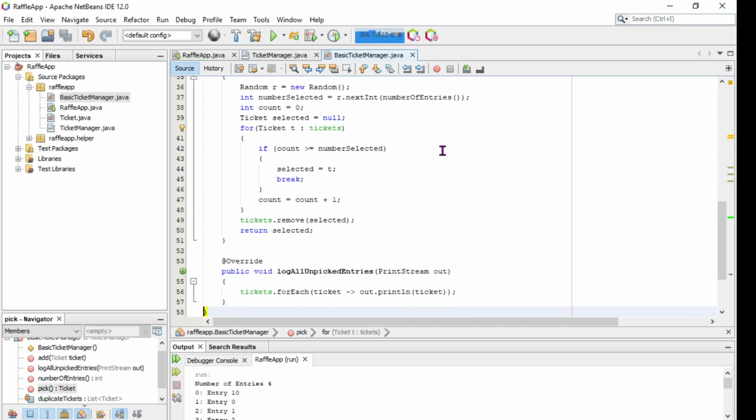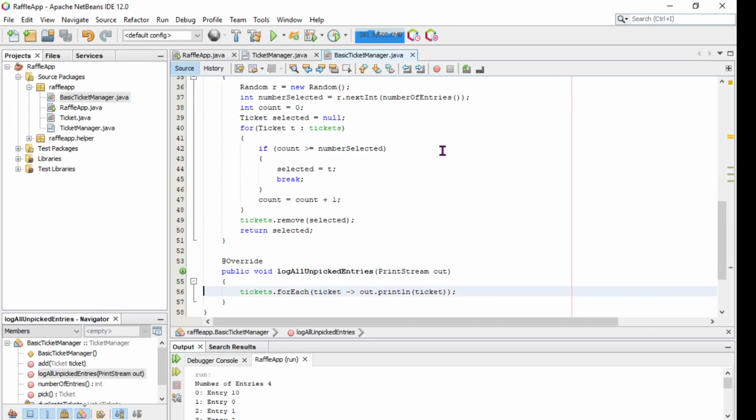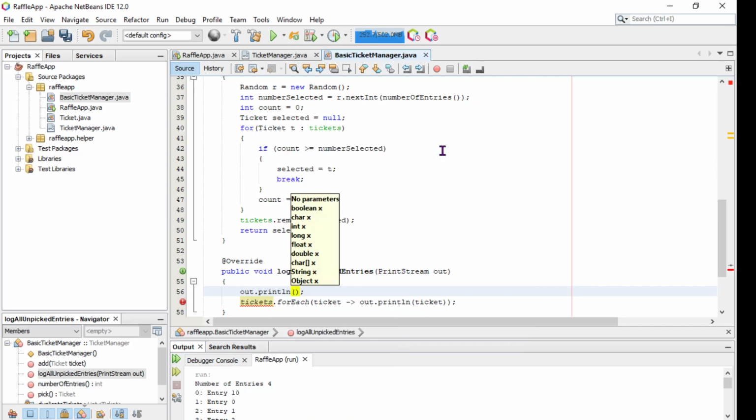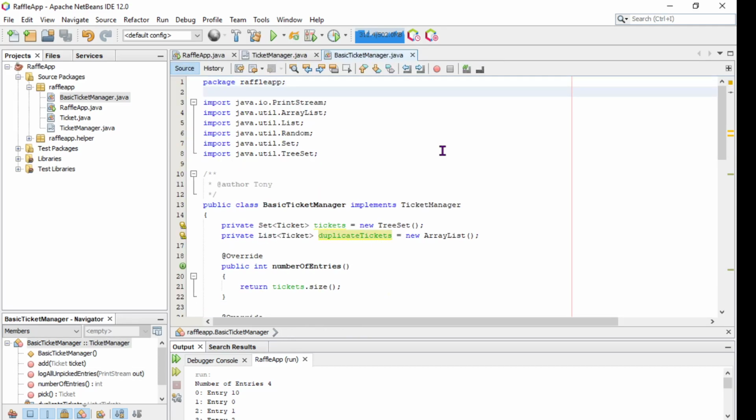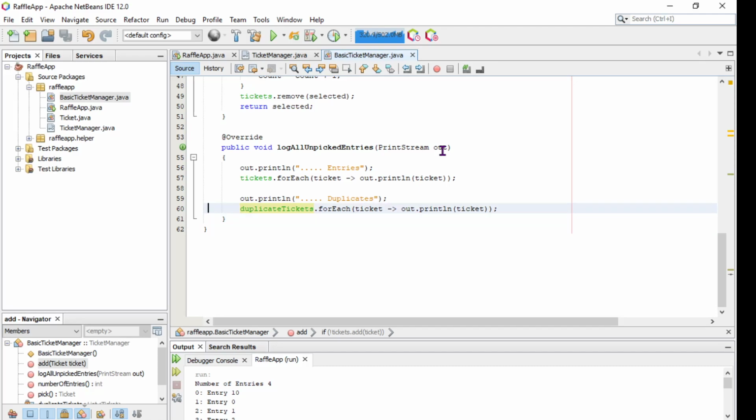So when I do the log, I'm just going to format the log. It's just, again, an outprint here. So I can do out.println, and I'm going to say entries right here. And then I'll copy both these lines actually, do out.println duplicates. And so for each, instead of tickets for each, let's do duplicate tickets for each. And so that way I can add in any of the duplicates that get added, and then I can track them. And just as simple as that, just a couple lines of code, all of a sudden I'm able to